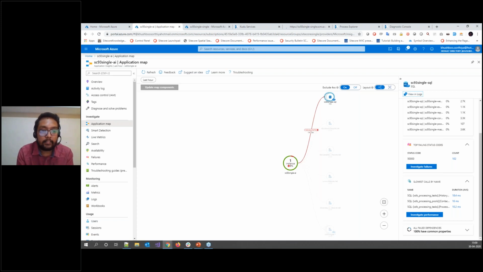Let's navigate to App Service Diagnostics. Just a second. I'm navigating to diagnose and solve. She has been disconnected again.